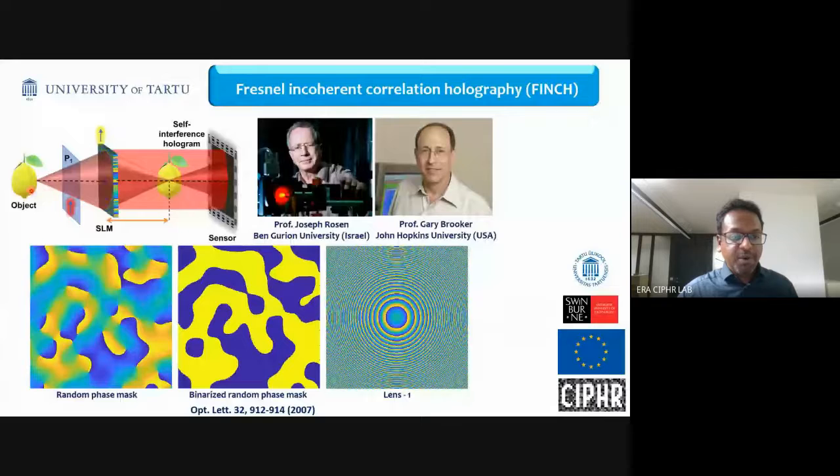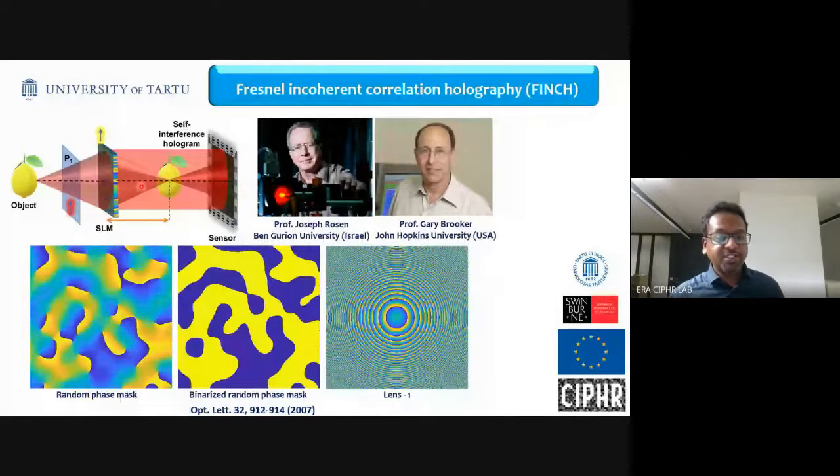So the light from the same point is divided into two, and an interference pattern is formed between these two. This is very different from how a usual hologram is recorded. This hologram is also called a self-interference hologram because a point is interfered with itself. And now the same concept can be applied to any number of points, and you can transfer 3D information into this hologram. But as we know, this is an inline configuration.